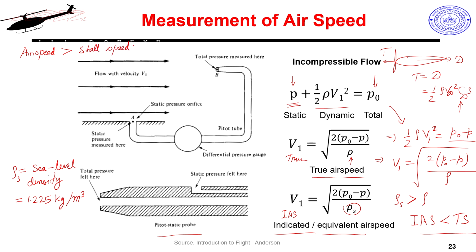okay. Now, my sensor here is actually giving me my indicated airspeed. Okay. So, if I ensure that my IAS is more than my stall speed, does it ensure that my true airspeed is also higher? Yes, because we have another relation here, right. My TAS is actually more than IAS. So, there is some margin for you that you are always safe and you will never come close to that.